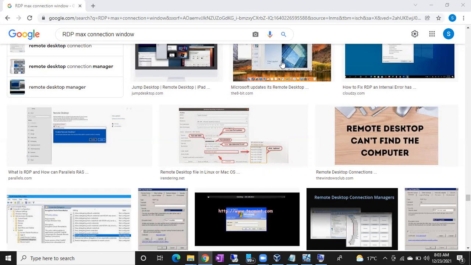So this is how we are going to manage the remote connections. At a time, 2 people only can connect to the server. The third person will get the connection if any connection is disconnected, or else he can kill any of the sessions and log into the server. And make sure you check the names of who is connected to the server. If they are managers and so on, don't kill the sessions.